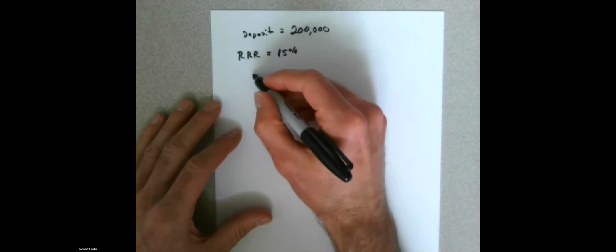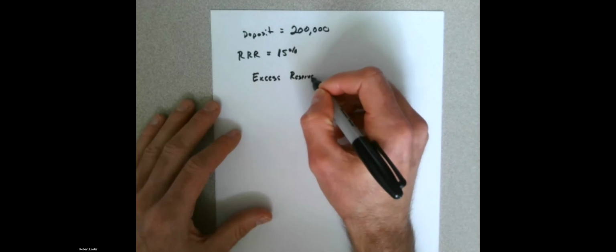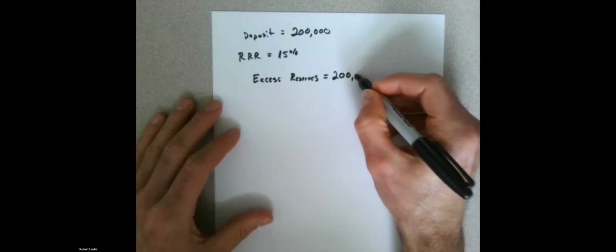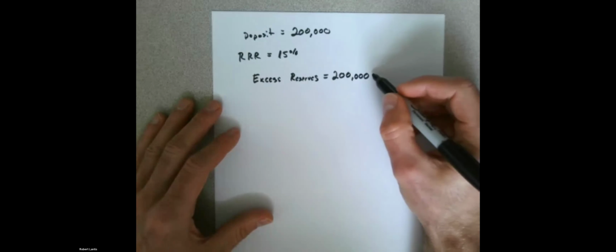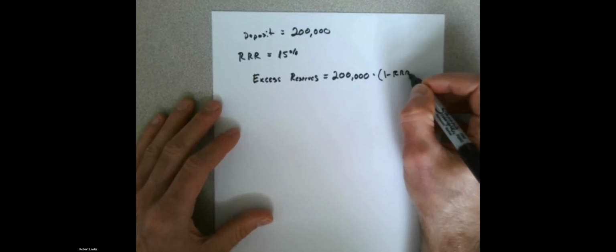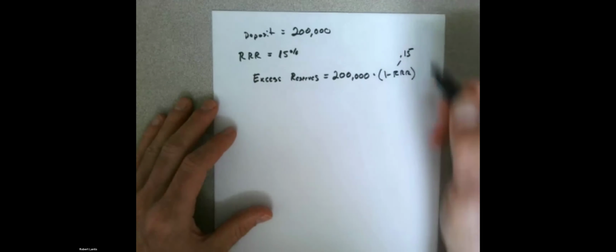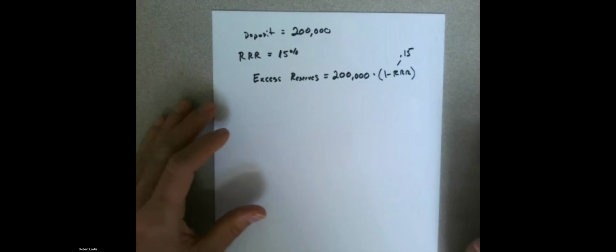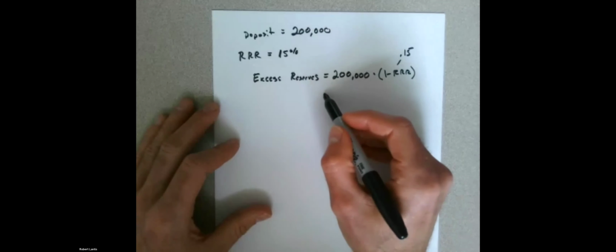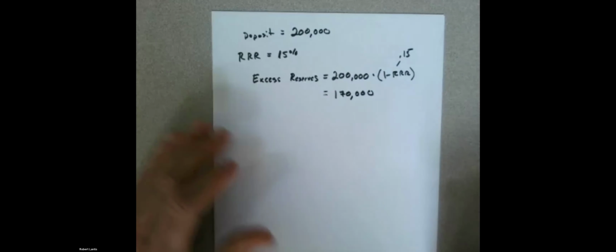So essentially, we call this the amount of excess reserves, which is, after this money is set aside, how much do they have left over? So it's the initial deposit times, well, if I set 15% aside, it's 1 minus that required reserve ratio I have left over to loan out. This is always going to be in decimal form, so this would be 0.15. Okay. So what's my initial amount of excess reserves? I have to set 30,000 aside. I've got 170,000 left to loan out.